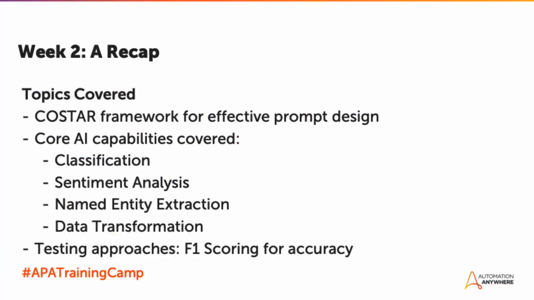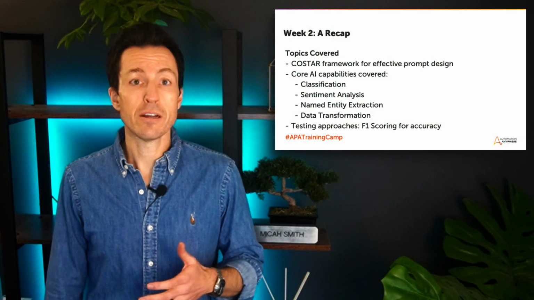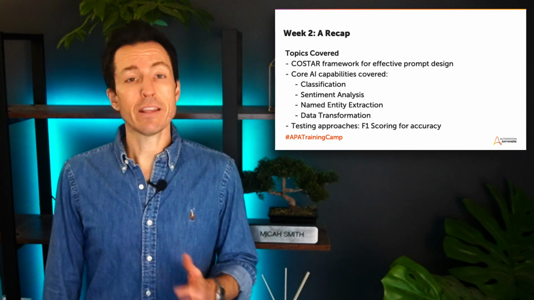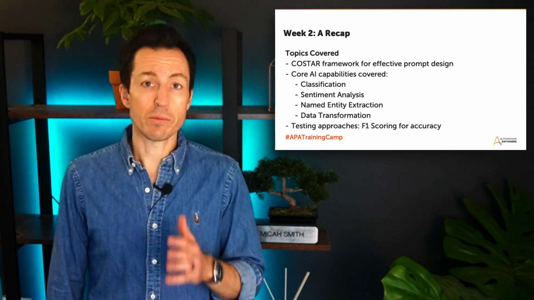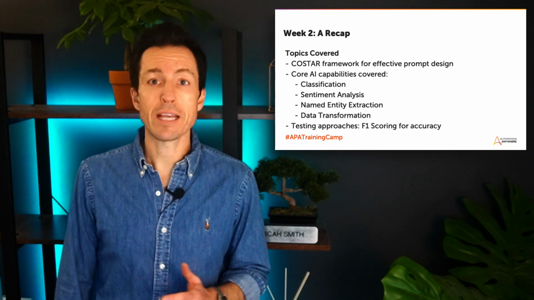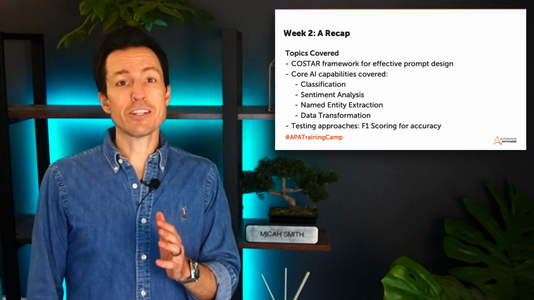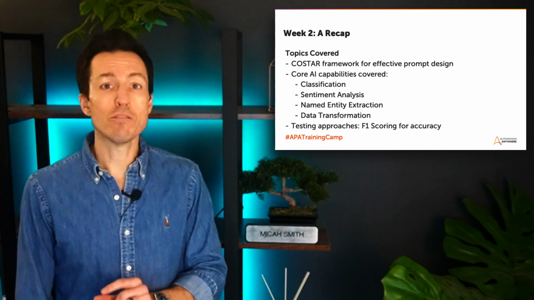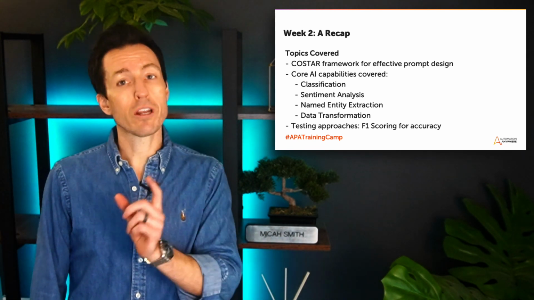Classification, which turns those unstructured document elements into meaningful categorizations. Sentiment analysis, which identifies the emotional tone in communication. Named entity extraction, which pulls specific information from text. And data transformation, which enables us to convert data between formats. Finally, we covered some testing approaches, and we talked about F1 scoring as a way to measure and improve prompt accuracy. These foundations are absolutely essential as we move into more advanced capabilities that we're going to be exploring this